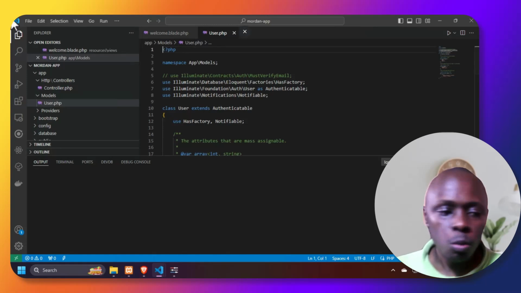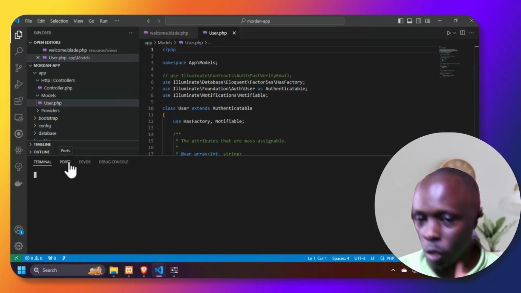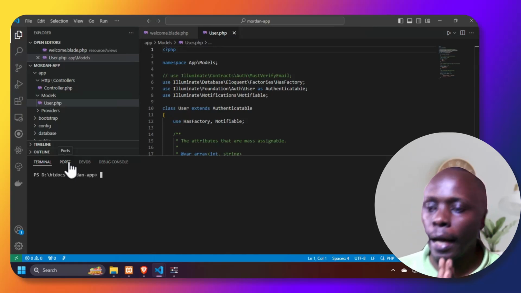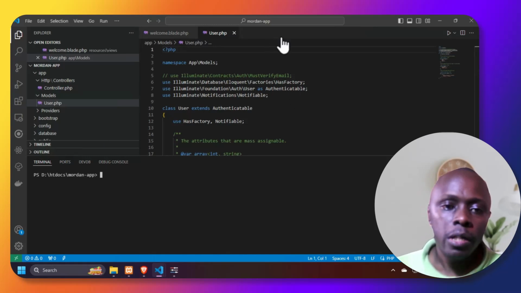Okay, I want to arrange my code in a better logical way. So I'm looking at my structure. I can't draw it, but I can explain it. So I'm going to have